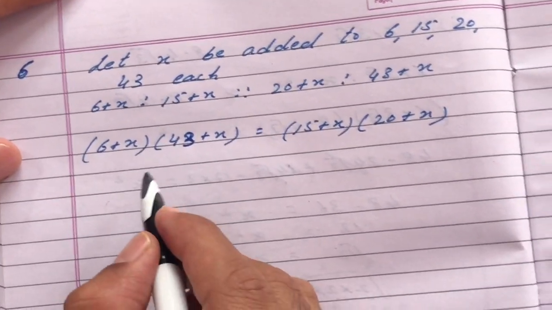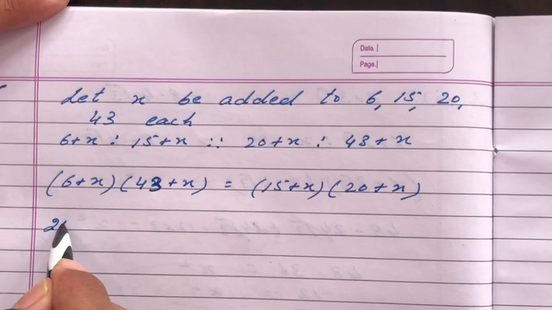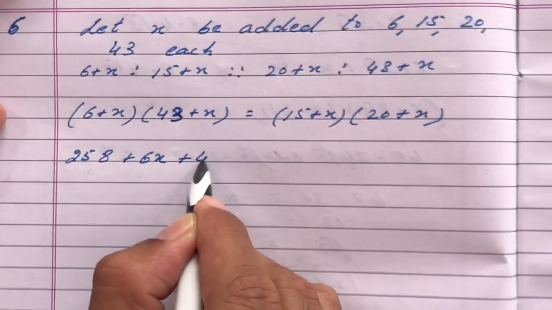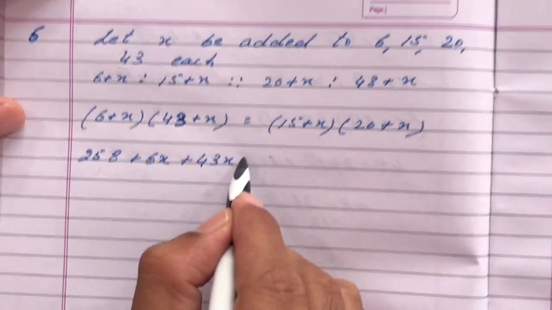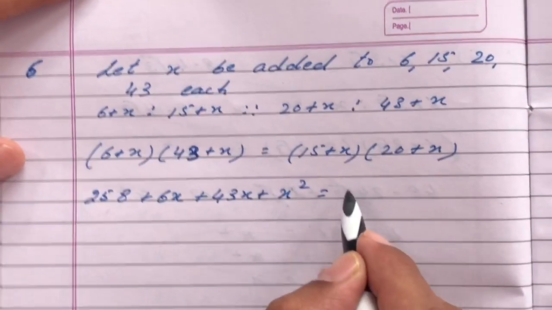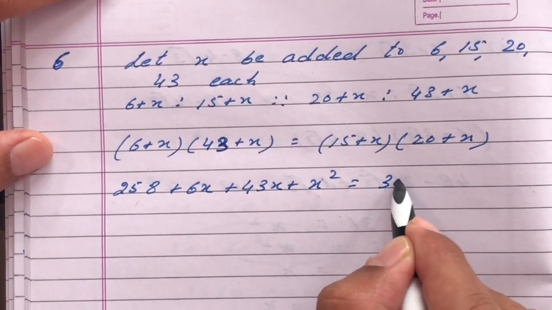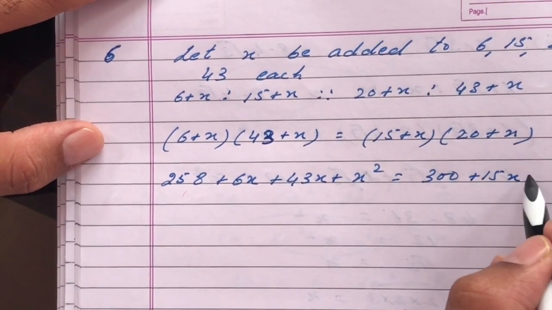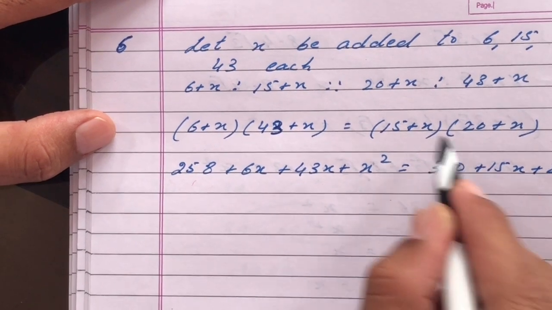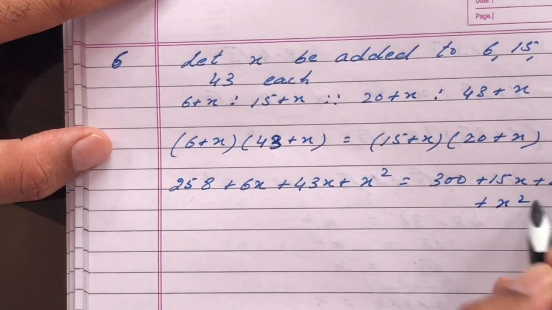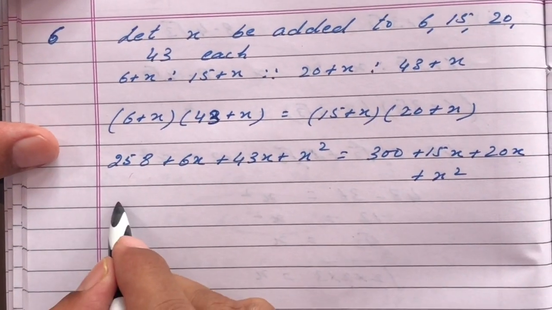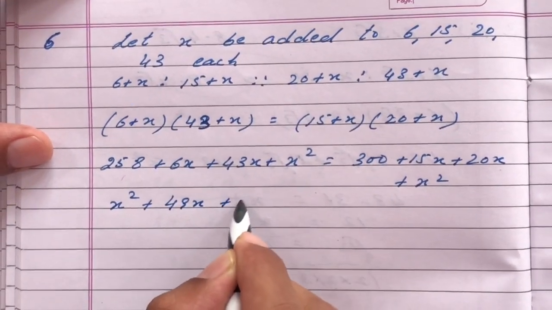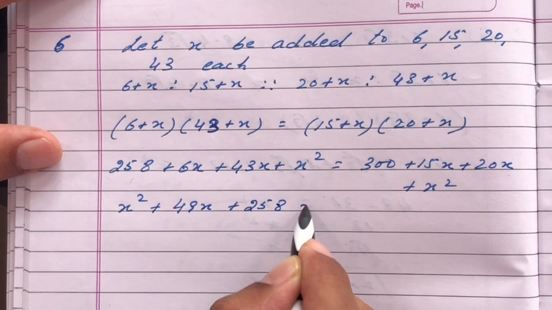So 6 into 43, 258 plus 6x plus 43x plus x square. 15 into 20, 300 plus 15x plus 20x, x into x, x square. So it is x square plus 49x plus 258 is equal to